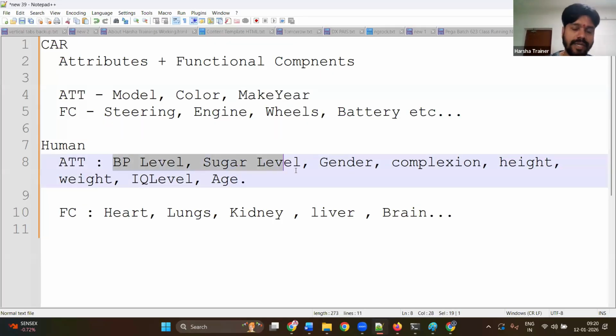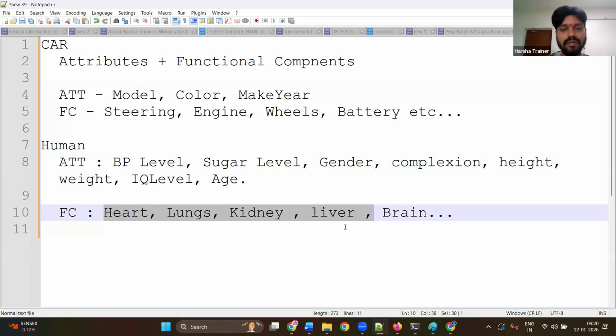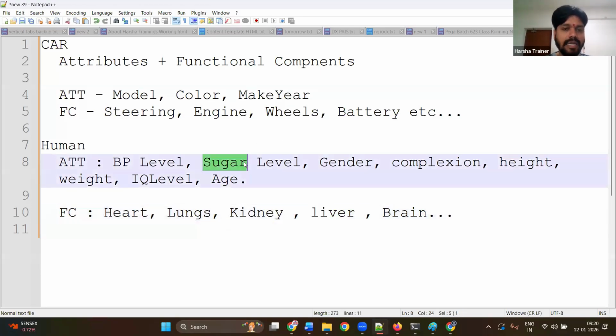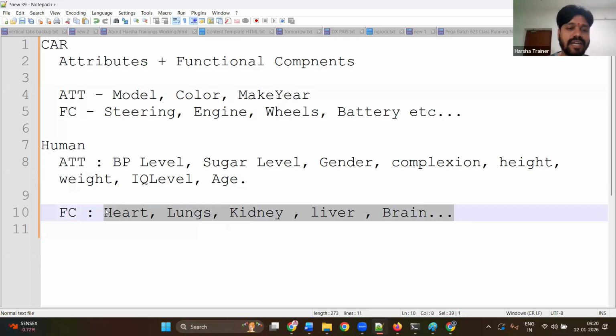So these attributes generally control the system. Then functional components: their behavior will depend on the attributes, of course. Functional components are what is running.